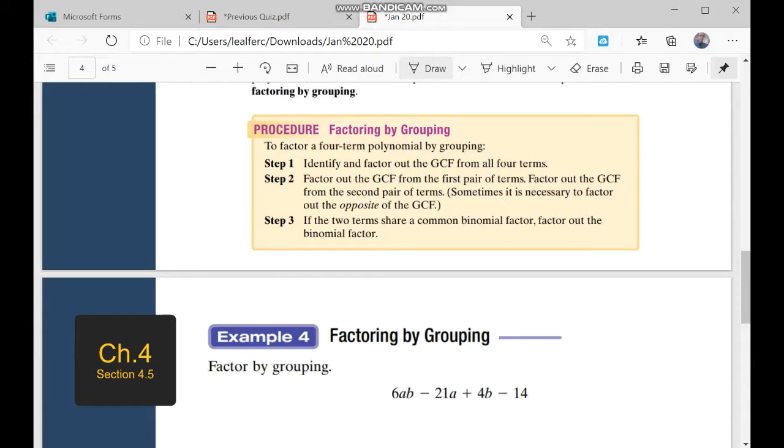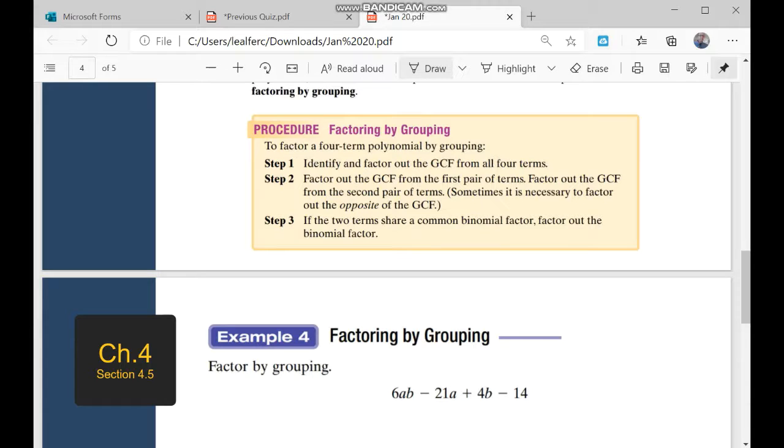Procedure. Step number one, identify and factor out the greatest common factor from all four terms. And yes, you try to find out if you have a common factor of all the four terms. Step number two, you're going to split these four terms in two pairs, and you're going to factor out the greatest common factor of the first pair, and separately you're going to factor out the greatest common factor of the second pair. And step three, if the two terms share a common binomial, then you factor out the